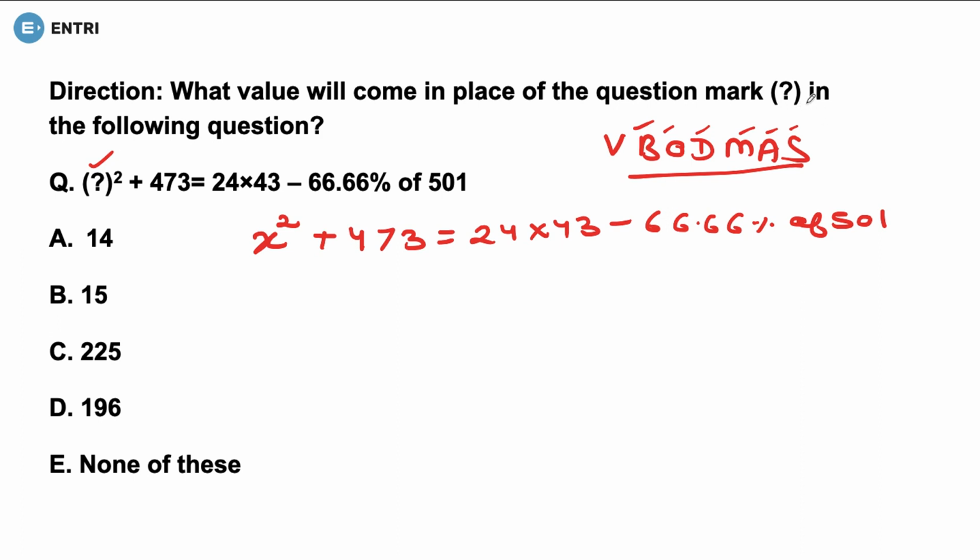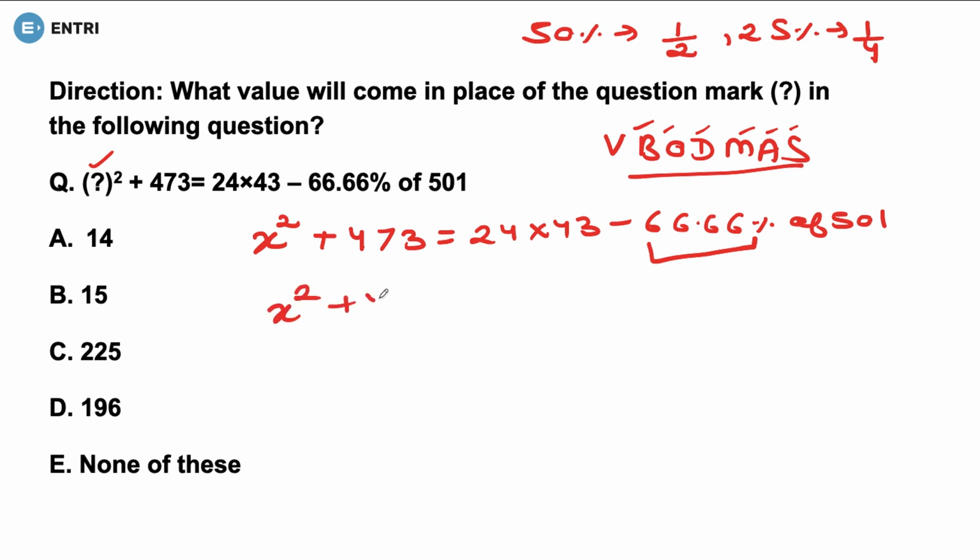But I have to tell you one more thing. Whenever 50% comes, if you solve it as 50 by 100, and then you solve it out that 50 ones are 50 and 50 into 2 is 100, so it will give you 1 by 2. It will take a lot of time. If you directly know 50% is 1 by 2, 25% is 1 by 4, 33.33% is 1 by 3, in similar fashion, if you know that 66.66% can be written as 2 by 3, it would be quite simple, isn't it? So we can do what?